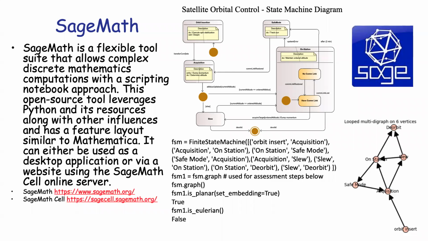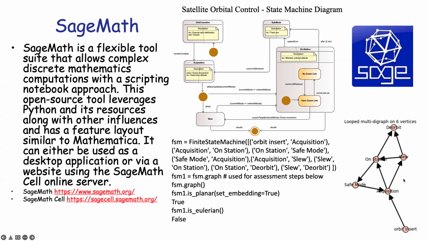This is tying in a couple of things here. So I'm showing a state machine diagram up here in the top middle of this chart for a satellite orbital control system for a CubeSat that is derived from something from the SysML Distilled textbook for a satellite control system. I'm also using a mathematical tool, an open source tool, to show how we can actually generate a